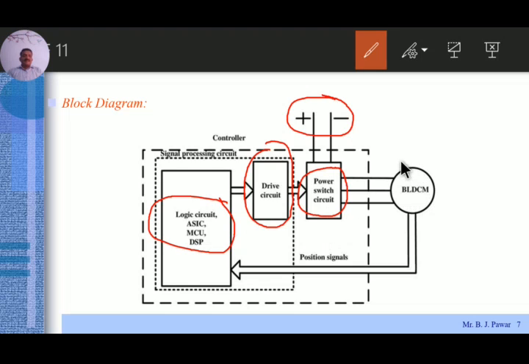And as I already told, there is a need of a Hall sensor mounted on the rotor to identify exactly where the position of the rotor is, so that the controller will be able to decide out of the 3 coils or phases A, B, and C, which should get energized first, correct? So there is a feedback between the Hall sensor and the controller. It is used to identify the position of the rotor, and accordingly the controller decides which PWM should get logic high initially, and later on to continue that sequence.